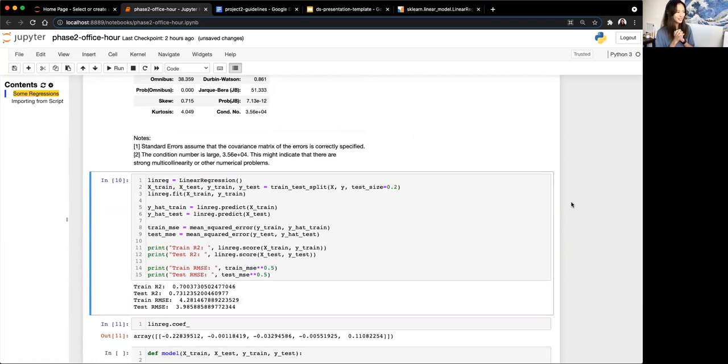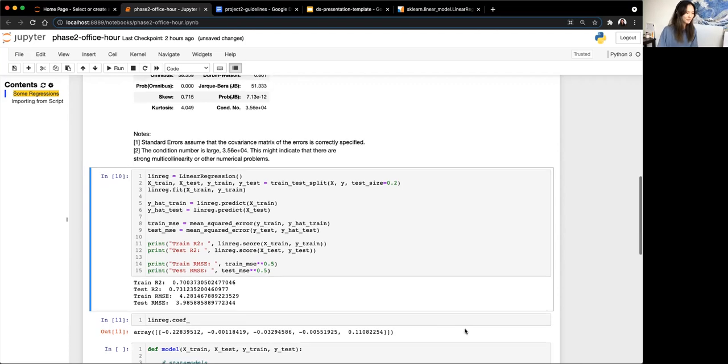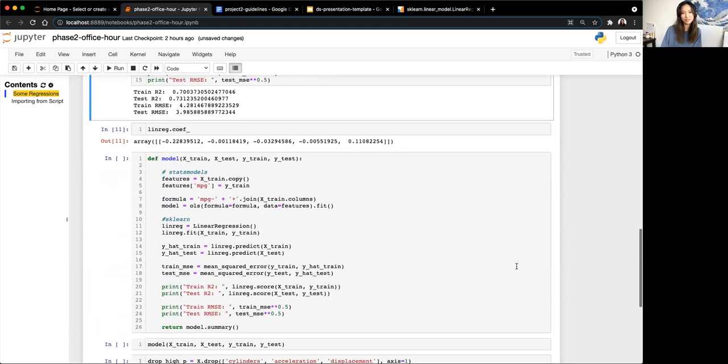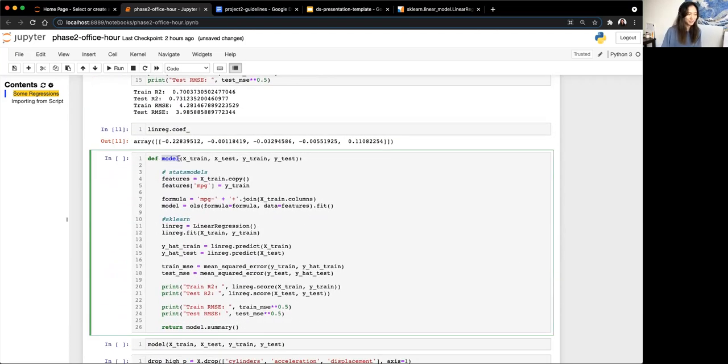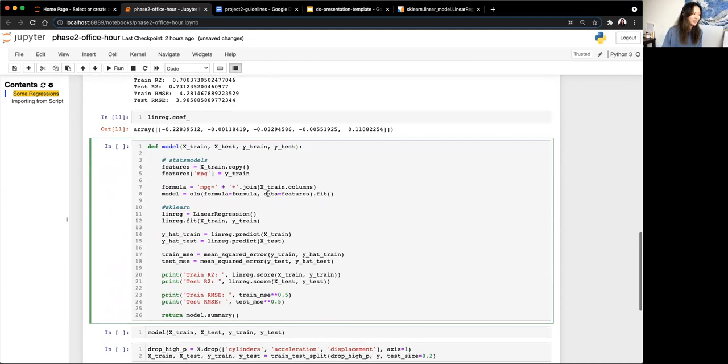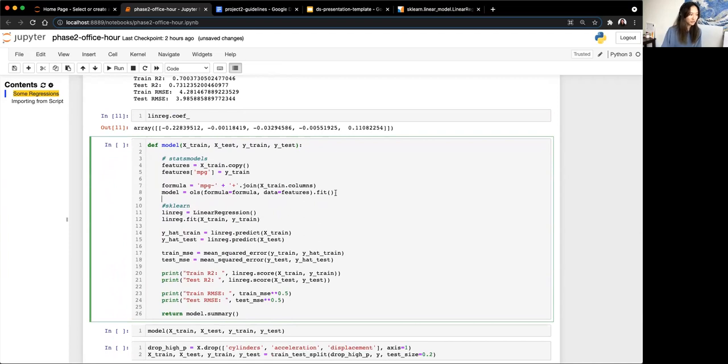All right, okay. Something that I want you all to start getting used to, I'm not going to really nitpick on this for this project, but something that's worthwhile getting used to is writing functions. Anytime you find yourself rewriting some code more than 2-3 times, it is worth writing a function. This is just an example of something that I wrote, a function called model, and it takes in my train and test data and runs both models with stats models and scikit-learn and prints the information